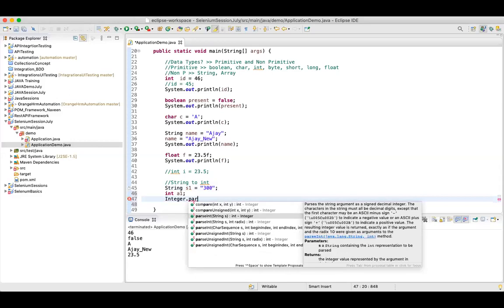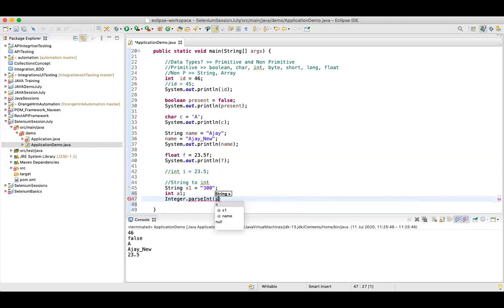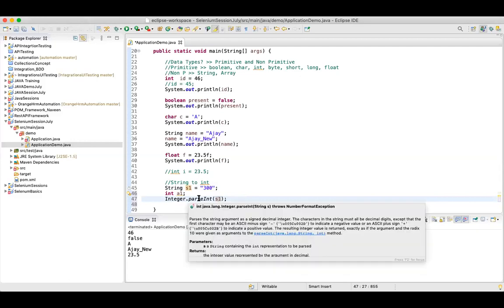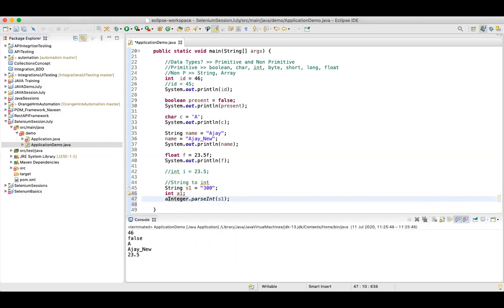If you see this method, it is expecting a string, and here I can pass s1. parseInt is the method; it is expecting a string value. You pass your string value over here, and it will return you the integer value. I'll simply store that integer value in a1.